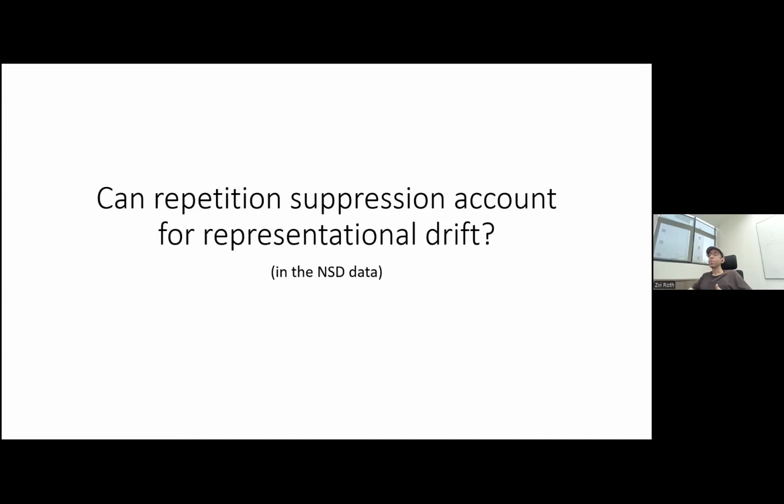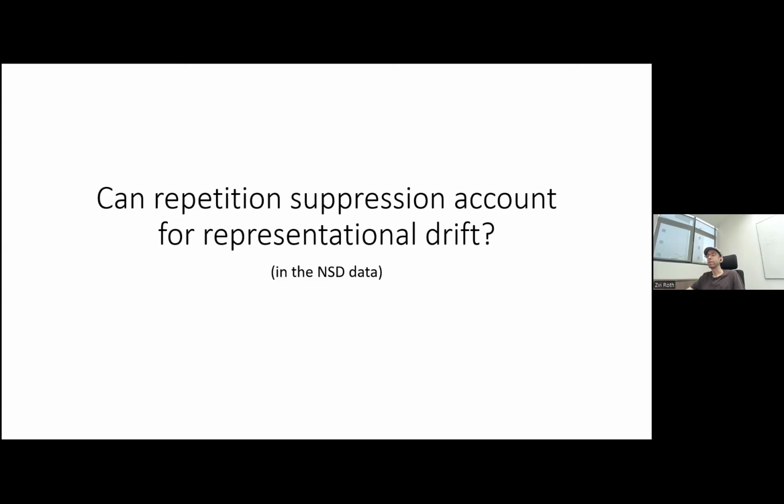So we need to determine whether repetition suppression can account for representational drift. We're going to address this in the NSD data that we used in our study, but this question should be asked about every representational drift study. So to test whether repetition suppression can account for drift, we simulated responses, we added in repetition suppression, and then we tested whether that results in effects that look